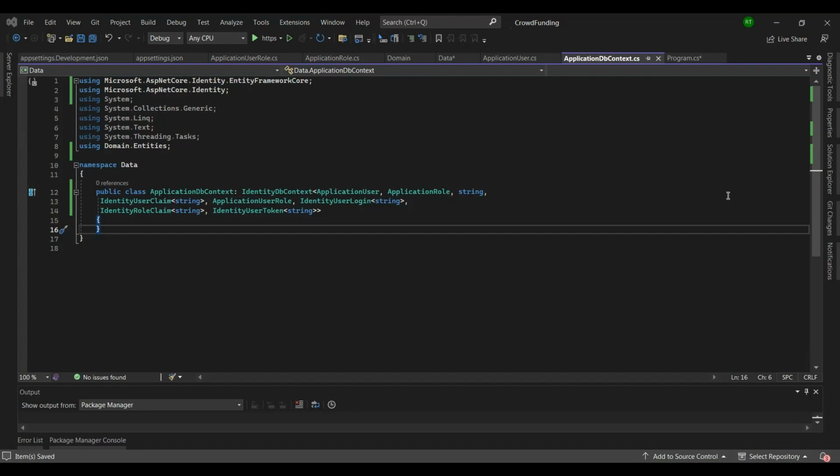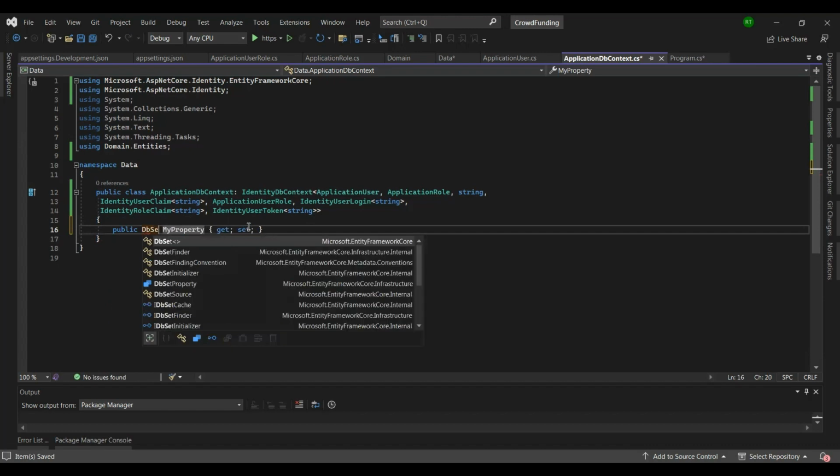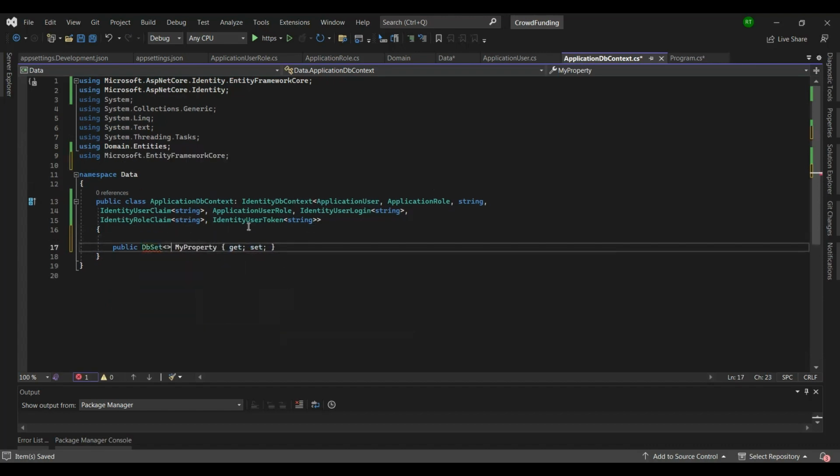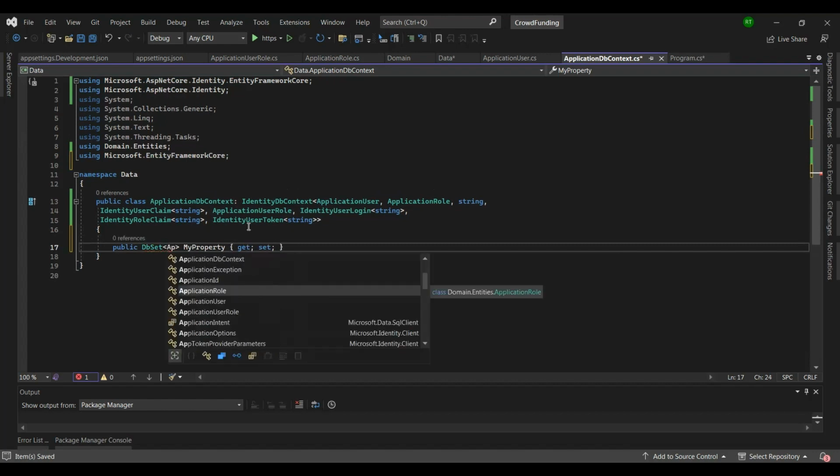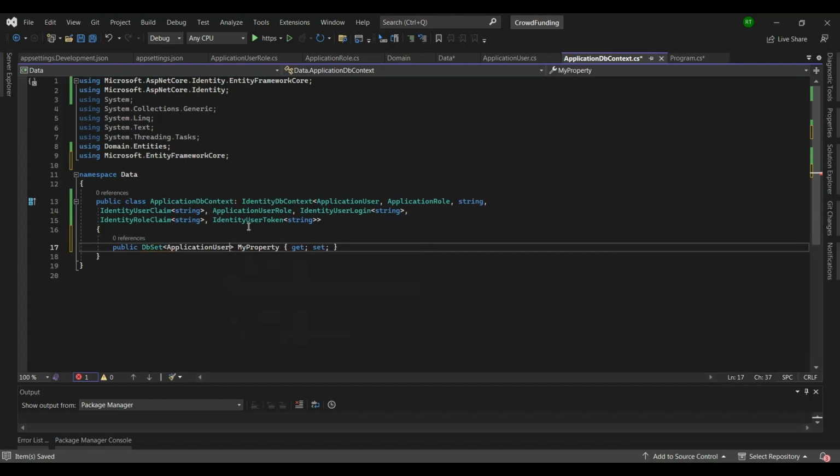So let's do that inside here. Let's create properties. Let's say DbSet and just give the name for application user. Let's just say users,